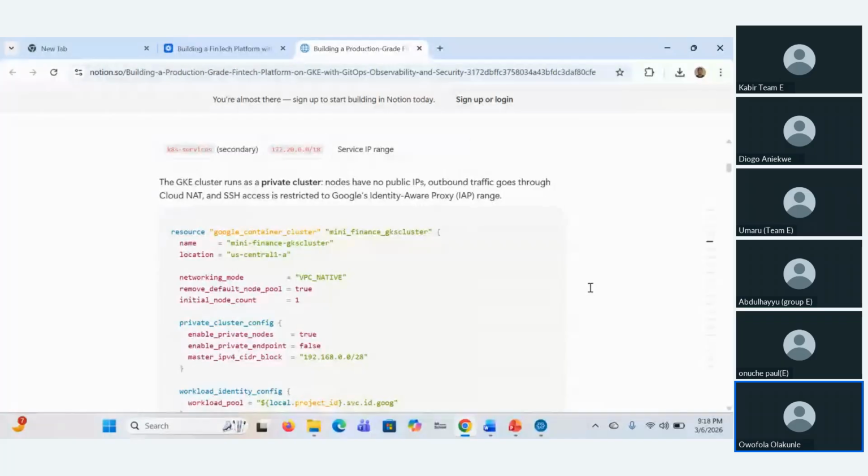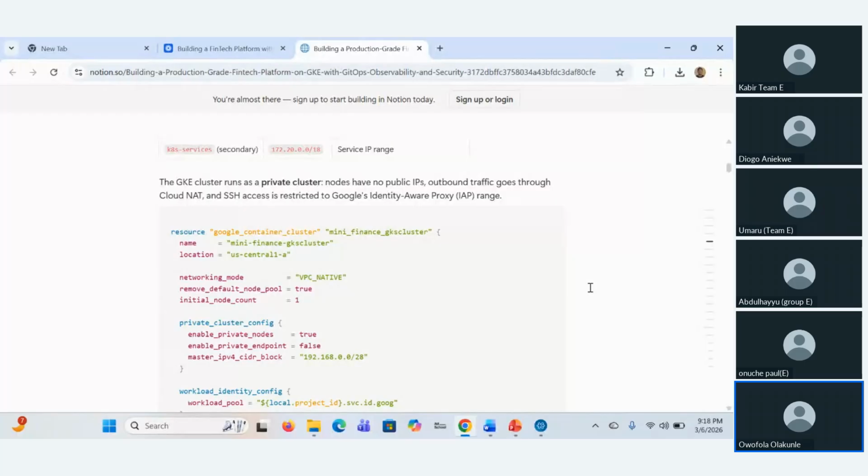So our GKE cluster runs as a private cluster. Only the node is private and has no public IP address. All the outbound traffic goes through our Cloud NAT, and SSH is restricted to our Google identity. This is the Terraform code for the GKE.